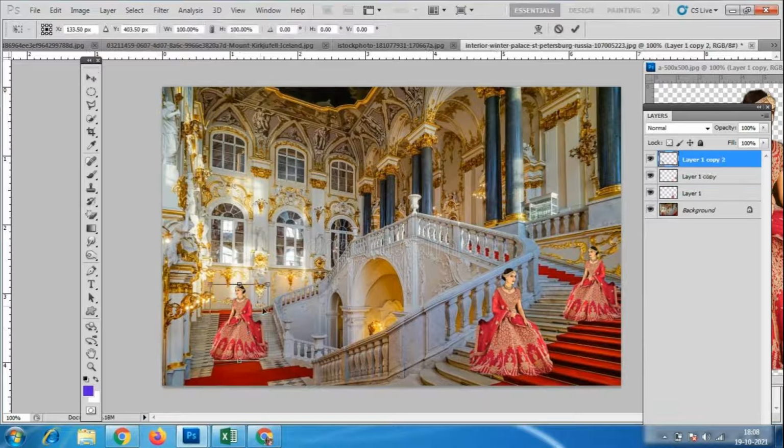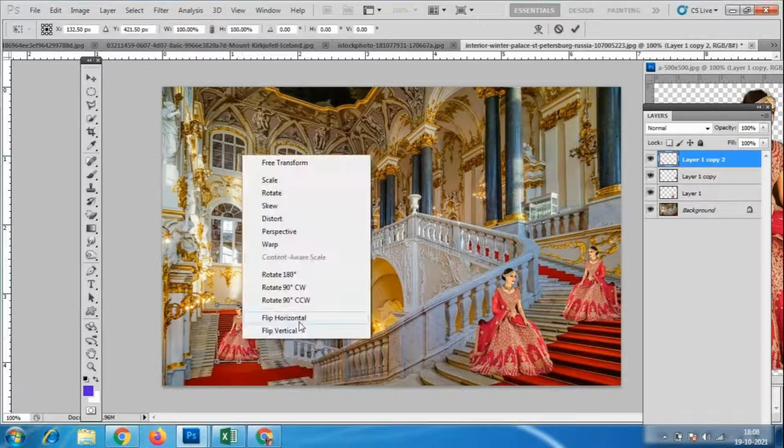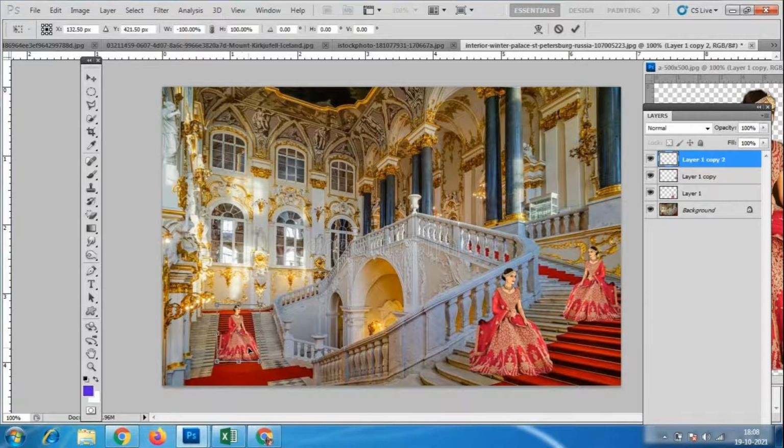Control T. So what I am suggesting to you people is that you can take your own photos. You can take a selfie of yourself with different angles. Otherwise you can do it with different dresses and different angles. So you can take this kind of background and make designs like this. You can take a copy of this.